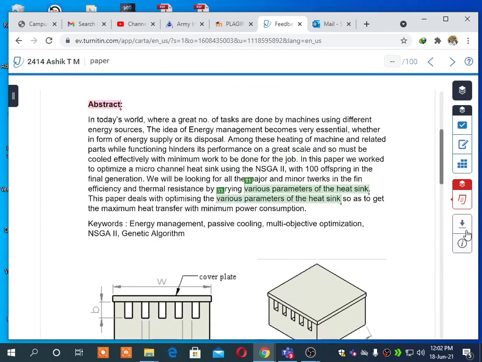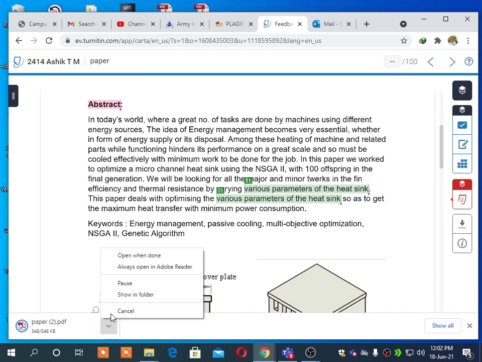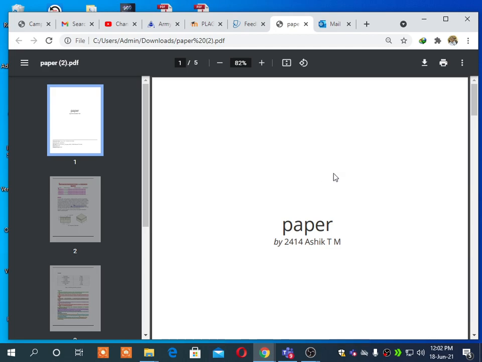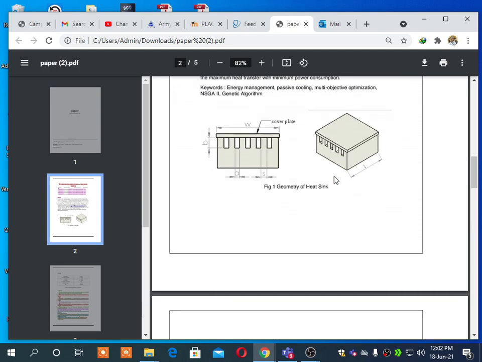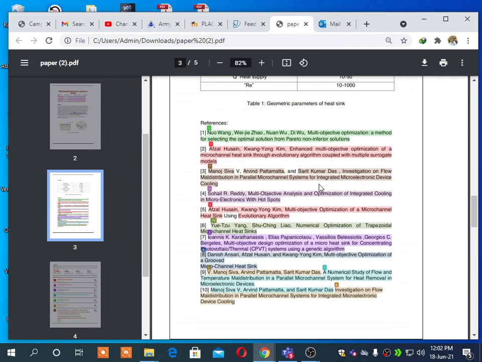To download, you can go to the download button and current view. So I will get one kind of similarity index report. Here paper 2 opens when done. This is the report I am getting, and here you can see 54% similarity index,